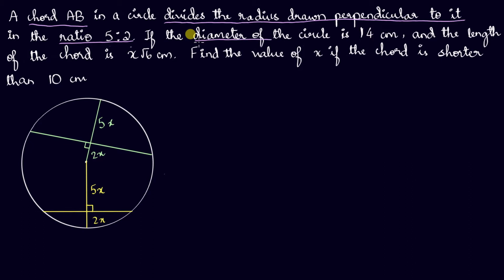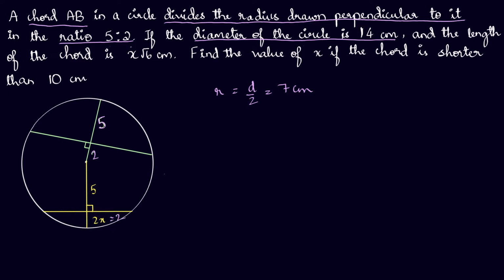The diameter is 14 centimeters, which means that the radius here will be 7 centimeters, right? So radius will be diameter by 2, 7 centimeters. Okay, great. Now these 5x, 2x, all of this will just become 5 and 2. So let's just put it down here. This is 2, this is 5, the x is gone, and same here, this is just 2.